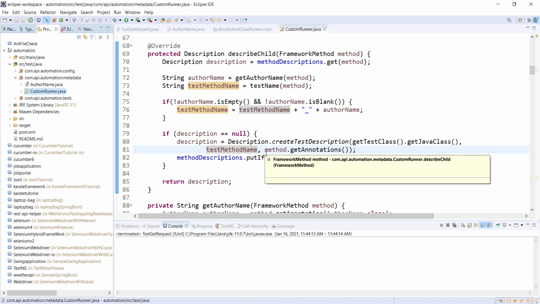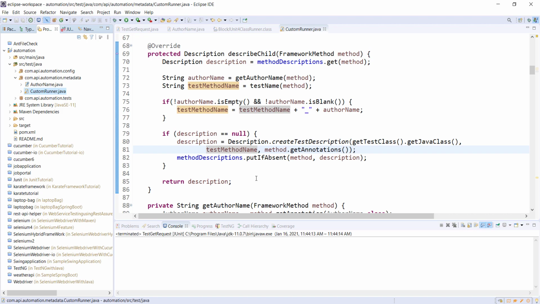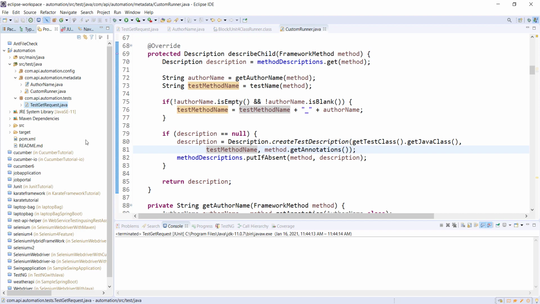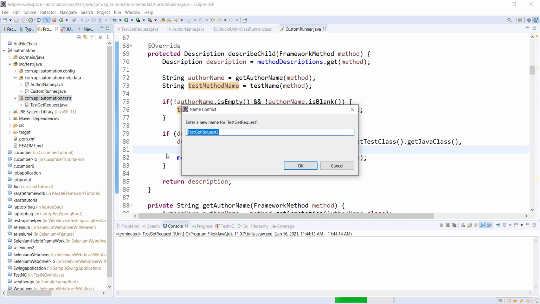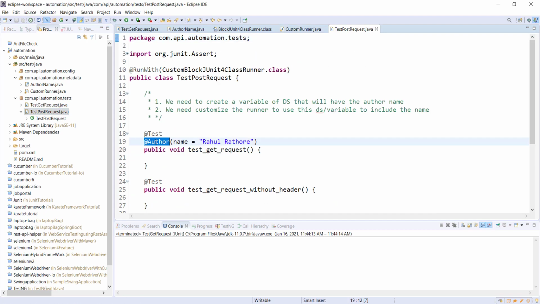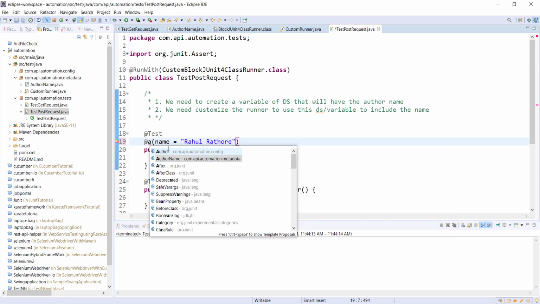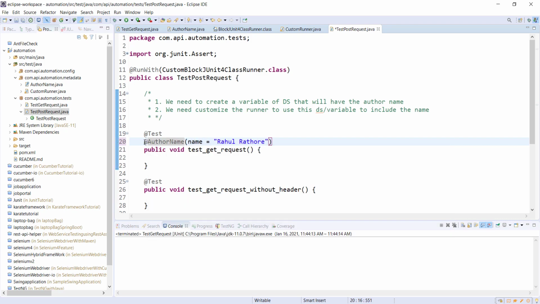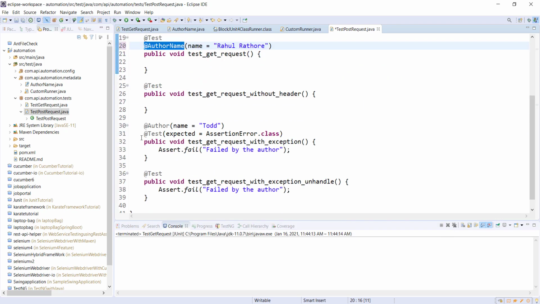Now let me create a JUnit test class that will have the test method, and that particular class will use this custom runner for the execution. So the annotation is AuthorName, and similarly for this particular test method also.